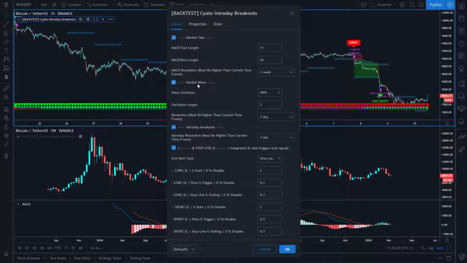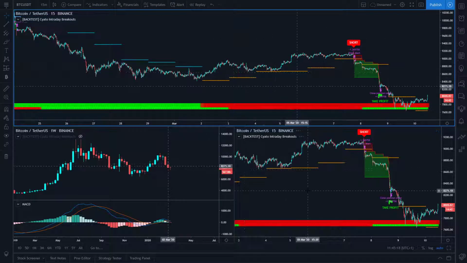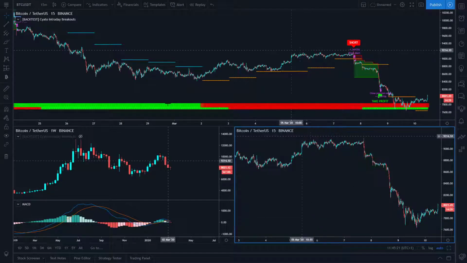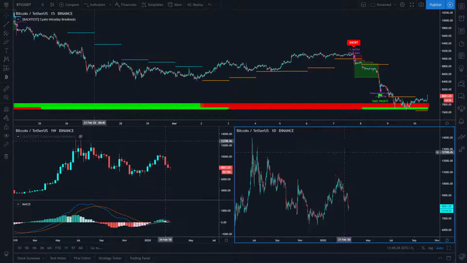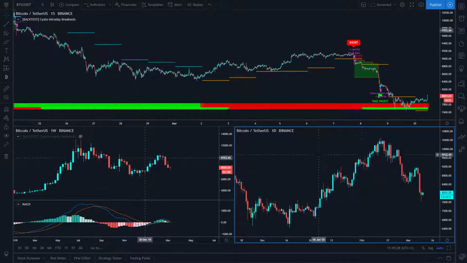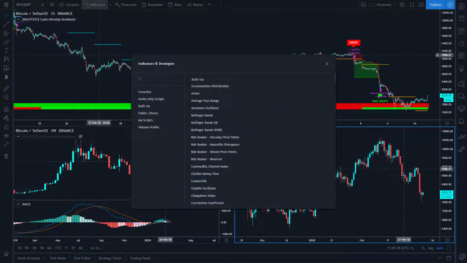We are now going to move on to the market wave. The market wave is on the daily time frame, and it uses an oscillator. Okay, so we're going to add another layout. So here we're going to move to the daily time frame. Okay, so here we are on the daily time frame, and we are going to use the oscillator. The one we are using here is a Williams percent range. So we're going to add it to the chart just to see how it works.